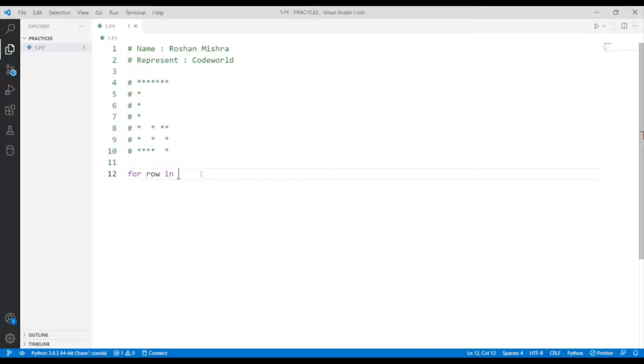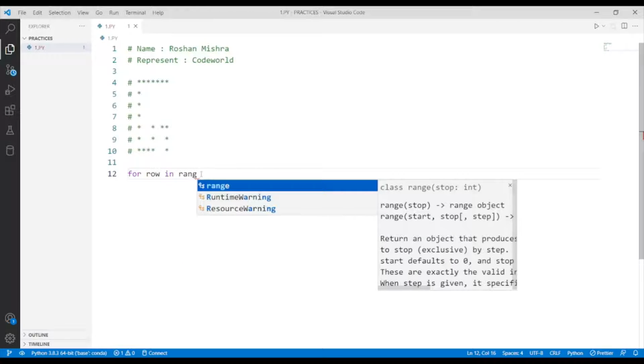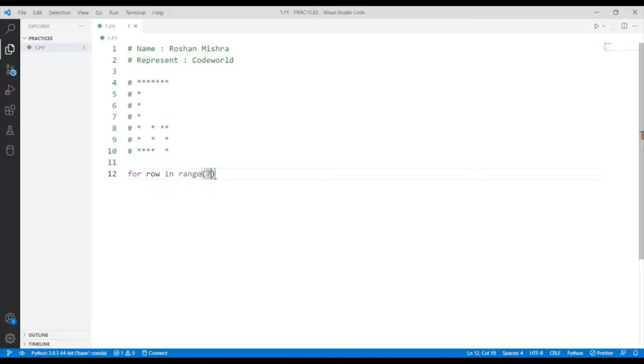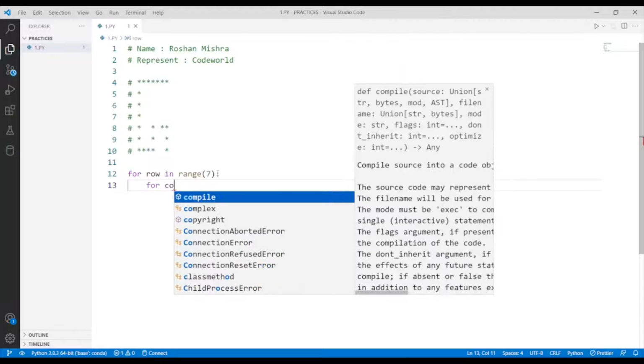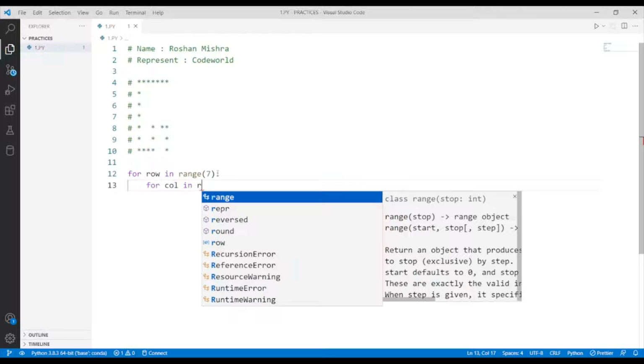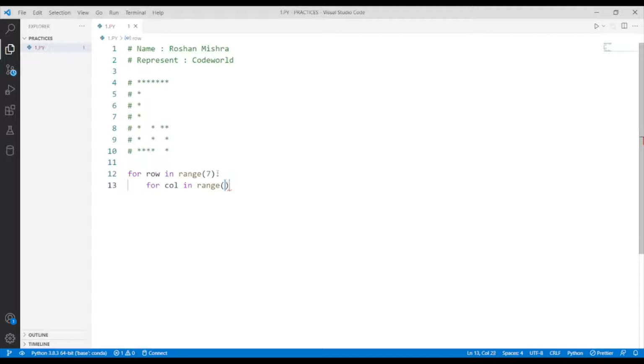For rows in range of 7, since it starts from 0 to 6, we have to put 7 here because it takes n minus 1. The loop will run till n minus 1. Now the second for loop for the columns in range of, this will also be 7.